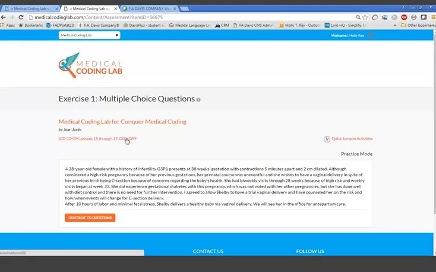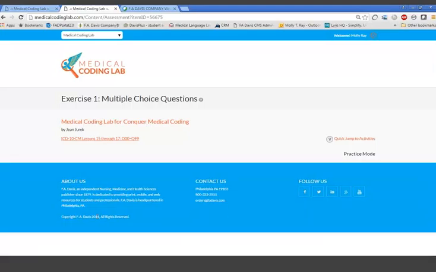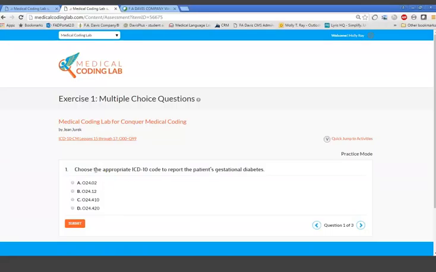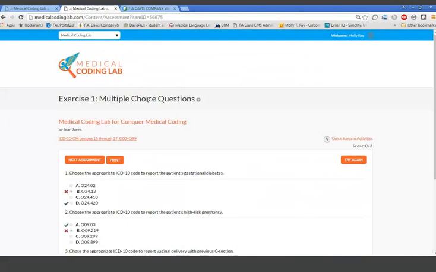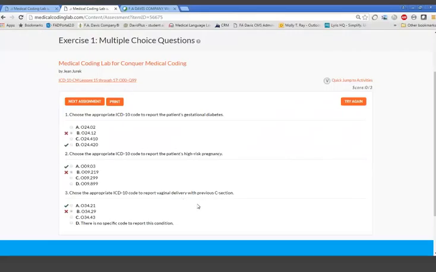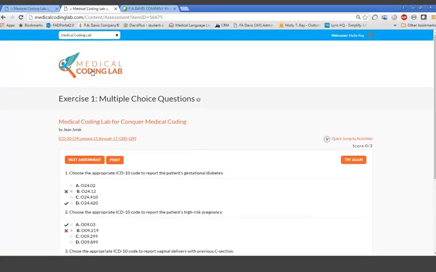lessons 15 through 17, this part of the ICD-10 manual. So no surprises here. These case scenarios are going to reference very specifically what is in that portion, that chapter. So, again, they'll read the scenario, be able to just answer their questions based on what they just reviewed, and a similar type of feedback screen tells them which are the correct answers. Now let me go back to